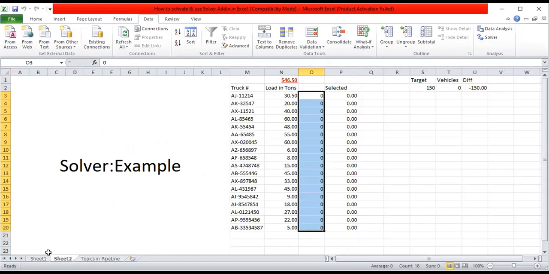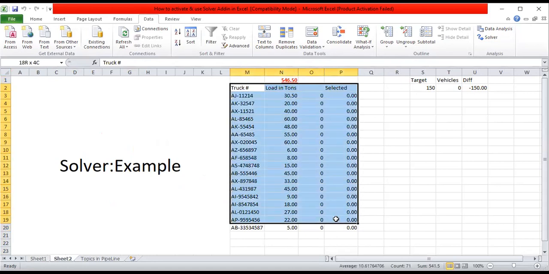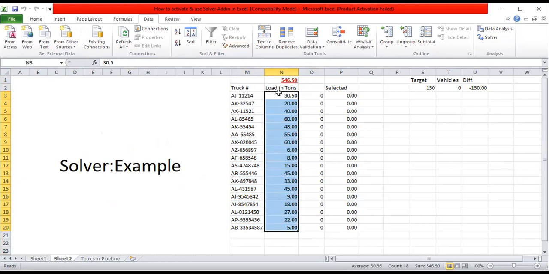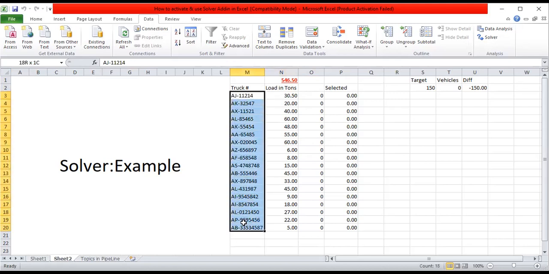Next, let's try to understand this using an example. Suppose you have a lot of vehicles, trucks, the numbers are written, and they are loaded with iron rods, and the load is in terms of tons. So this is 30 tons, and this is 22 tons. So you have to choose among them